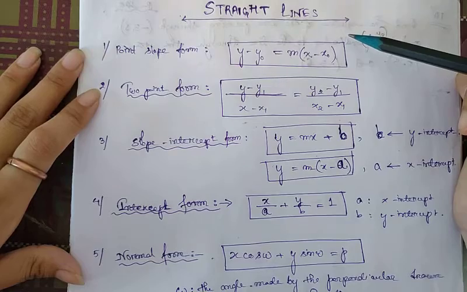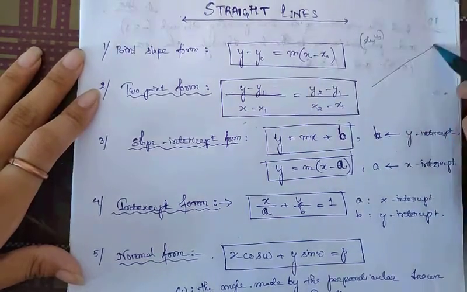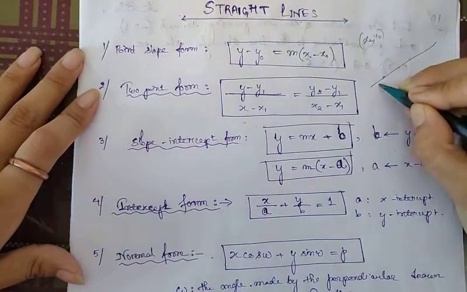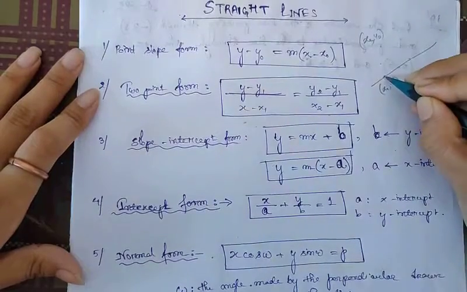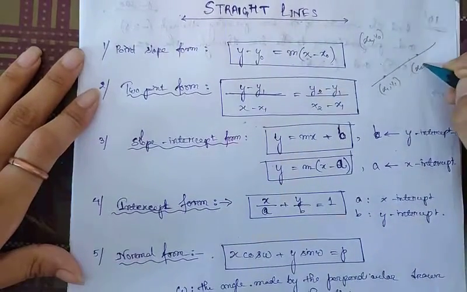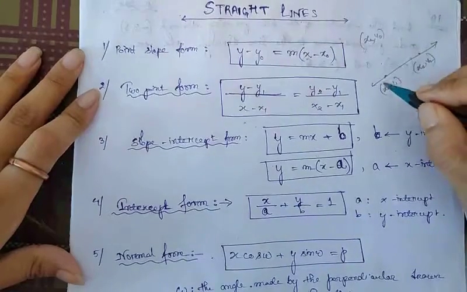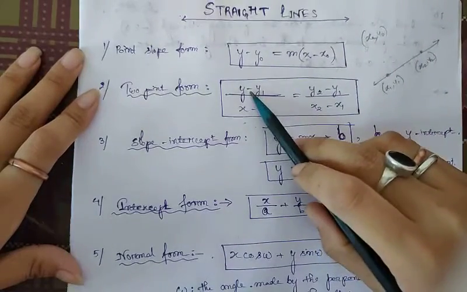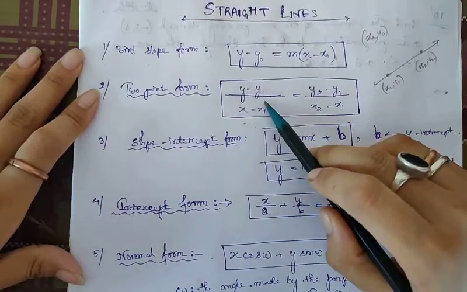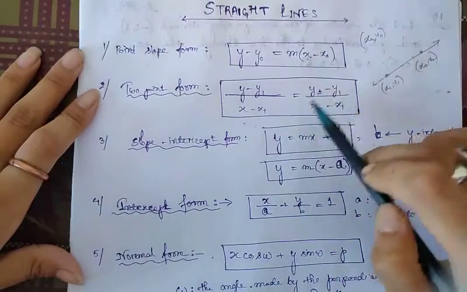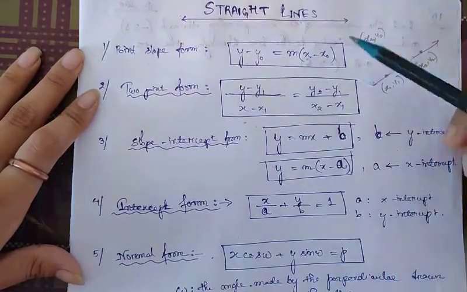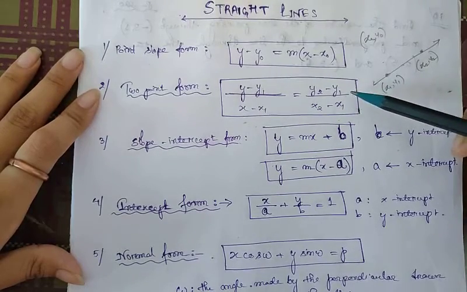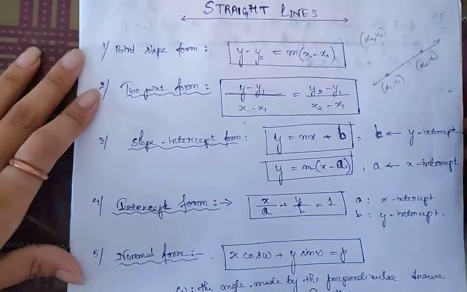Second আমি study কৰিছিলো, আমাক যদি দুটা point দিয়া থাকে, say we have any line and if we are given two particular points, two fixed points. So the first fixed point is x1 y1 এটা point দিয়া আছে আৰু another point x2 y2 দিয়া আছে. So then we can find the equation of this line by using this formula: y minus y1 divided by x minus x1 equal to y2 minus y1 divided by x2 minus x1. So এই formulas বিলাক তোমাক already last class proof কৰোৱা হৈছে, just আমি এতিয়া revision দি দিছো.